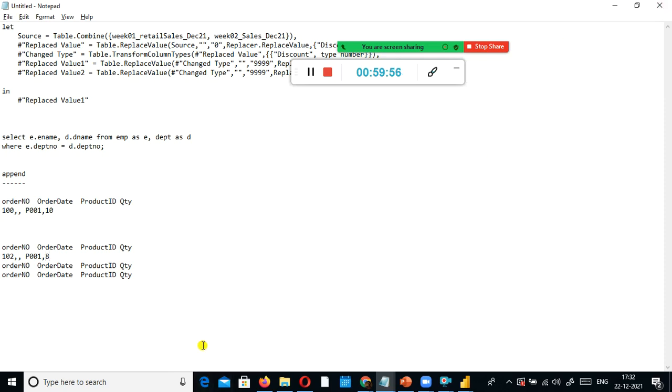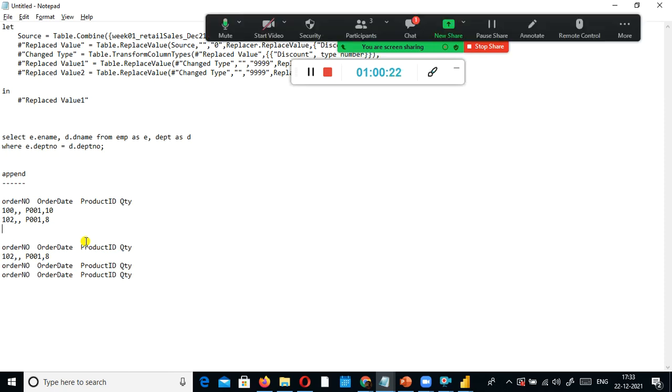So I want to combine everything in a single file instead of having multiple files. If I do the consolidation for P001, how many items did we sell? We sold 18. If you have it in a single file, for that we are combining all these files into a single file. See, if I give you 4 Excel files and ask you to combine everything, all the Excel file columns are the same.